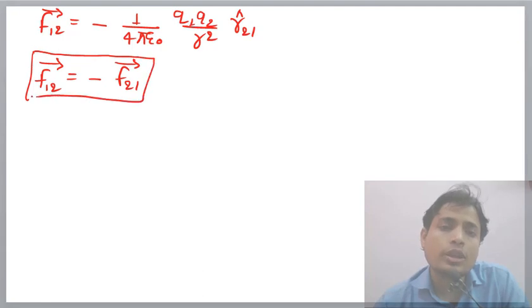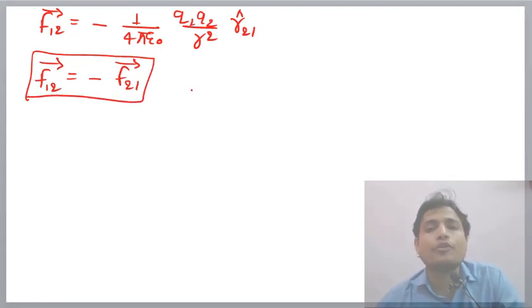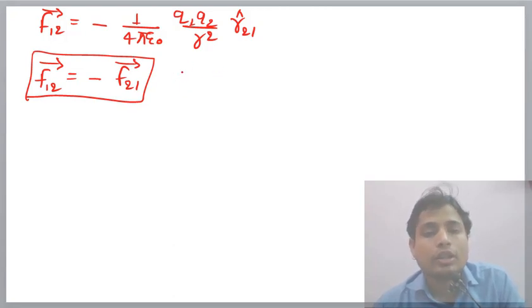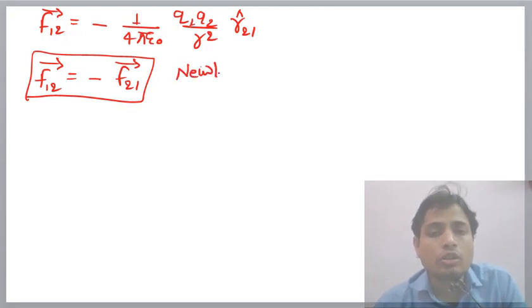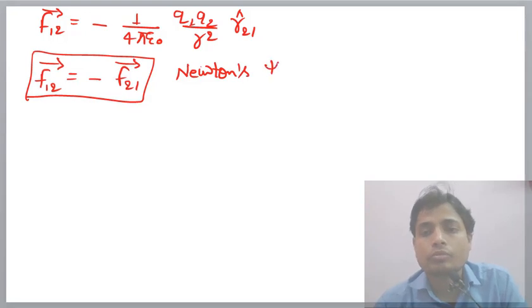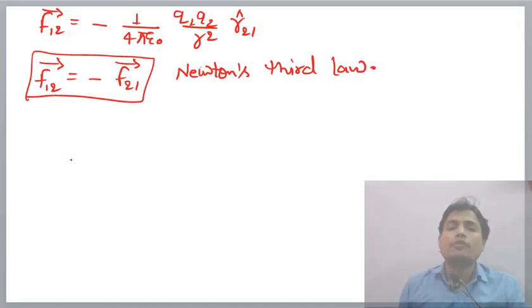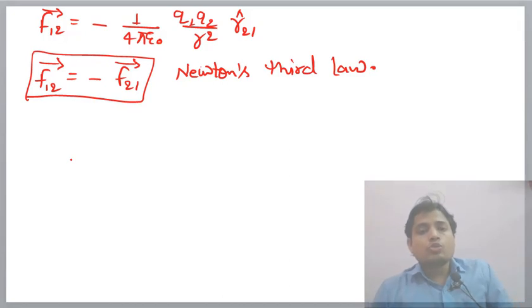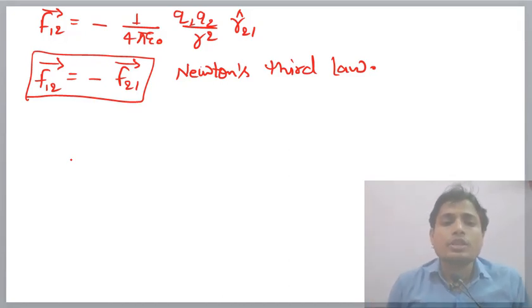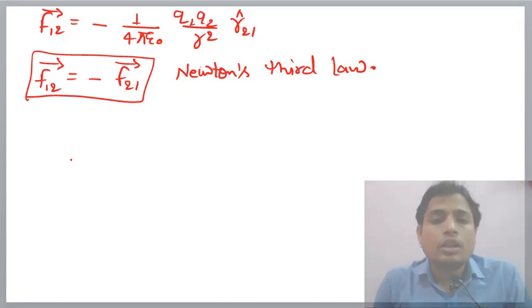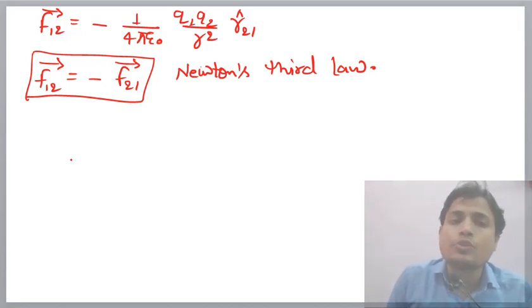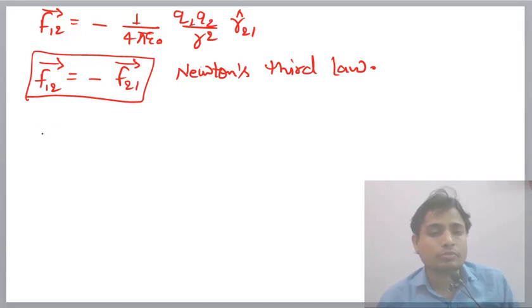This is showing that f12 and f21 have equal magnitude, but they have opposite direction. This is verifying Newton's third law. Okay, it means every action has an equal and opposite reaction. It means if charge q1 applies the force f21, then the same and opposite force is applied by the charge q2 also. Okay, now